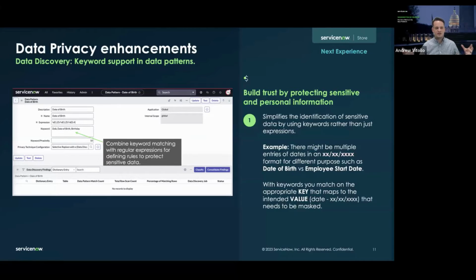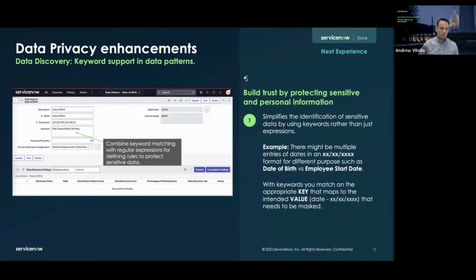That's where this capability with keyword pairing and proximity detection comes into place. What it does is it allows you to define a key, which is what you're going to be looking for. Let's say instead of the employee start date, you're looking for the date of birth. The key is date of birth. So if in a particular database it was DOB, you would add the keyword DOB. If the database was date of birth, you would add date of birth.